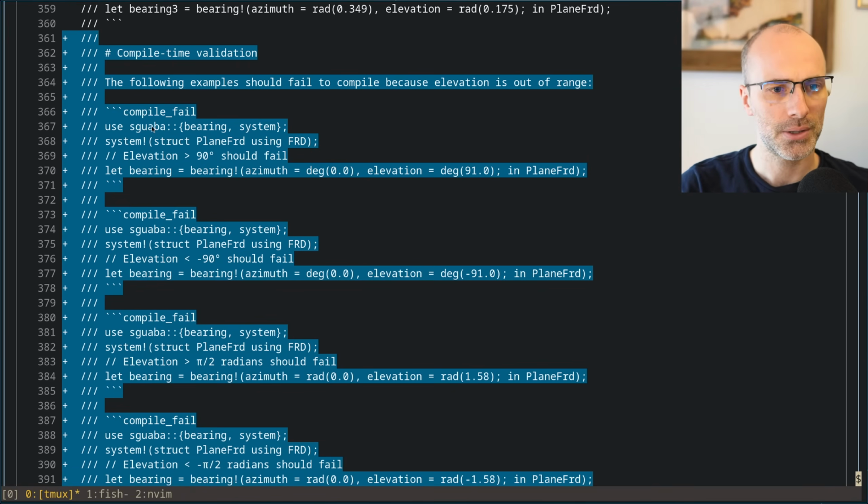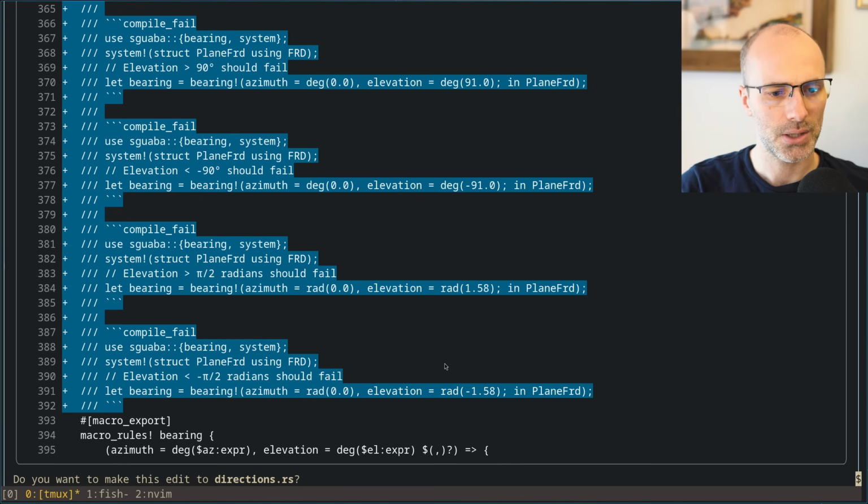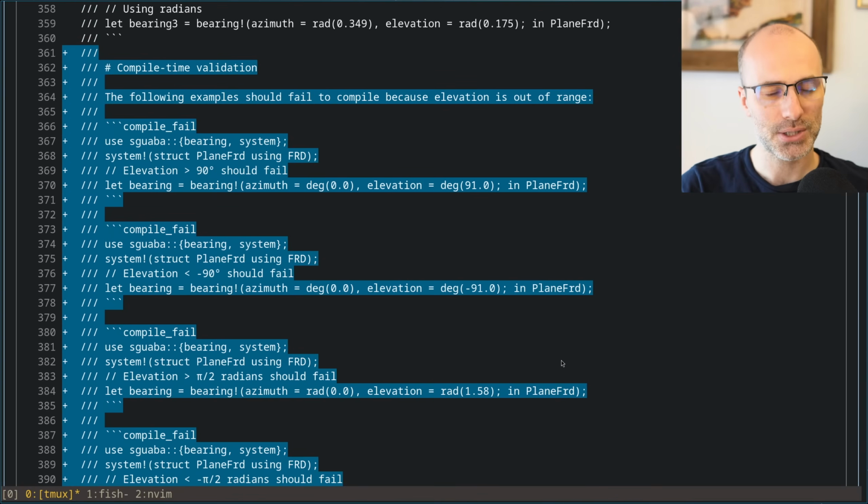Compile fail. Sguaba elevation greater than 90, elevation less than 90, greater than half radian, and less than half negative pi radians. Yes, I guess they do need to be different doc tests because you want to check that each of them compile fail.